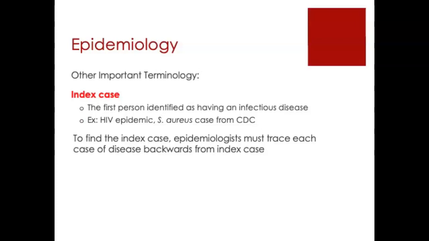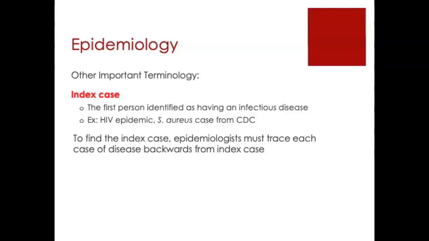During the HIV epidemic back in the 1980s, epidemiologists worked very hard to try to identify the index case. Interestingly, after a lot of hard work and research, it was discovered that there really wasn't a true index case for HIV, and that in fact HIV had been present in the world for decades prior to the 1980s. The reason that HIV became epidemic in the 1980s was because a single person happened to be a male